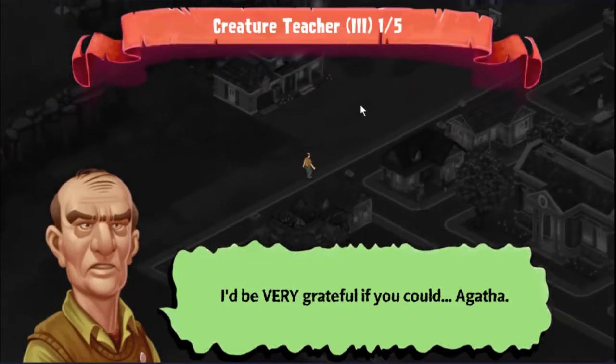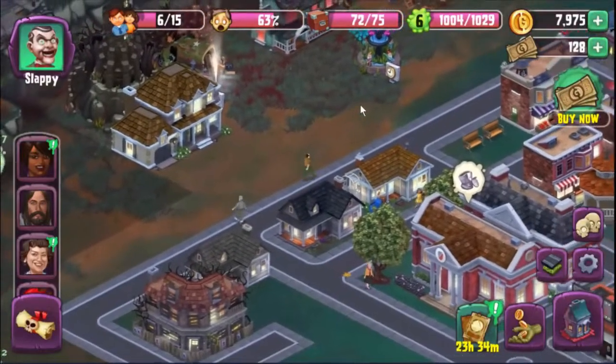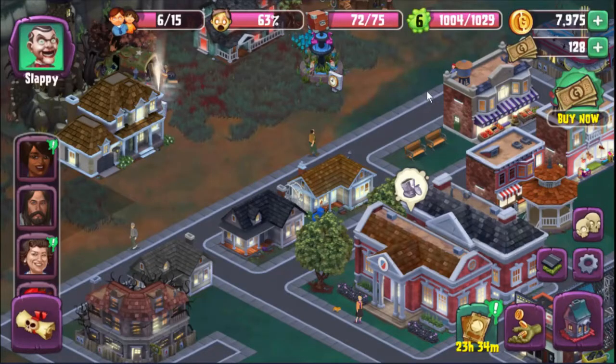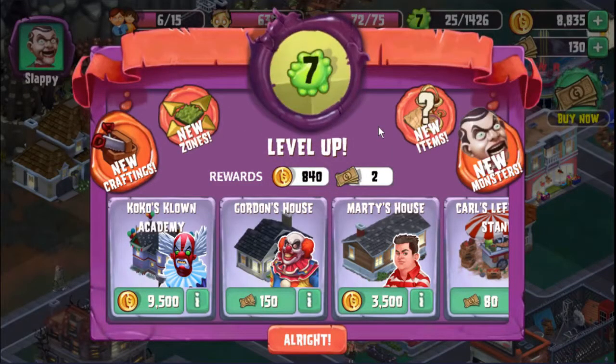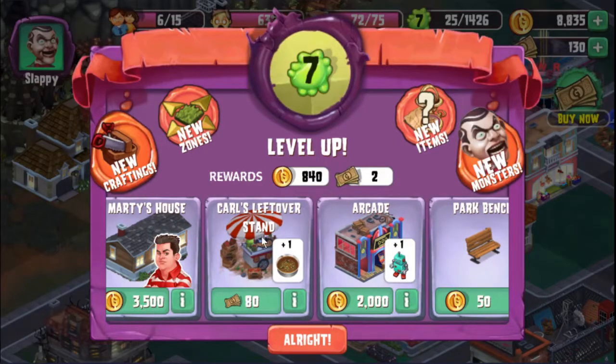Agatha. Yeah, I'll just call her Agatha. It's easier for me. Yeah. Oh! Did it? Yeah! This is what happens when you level up. You get new items that you can buy. And Carl's leftover stand, that's going to generate...